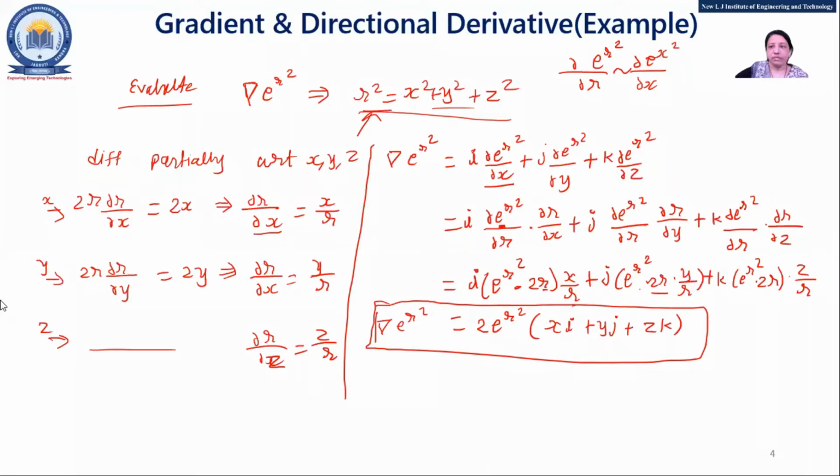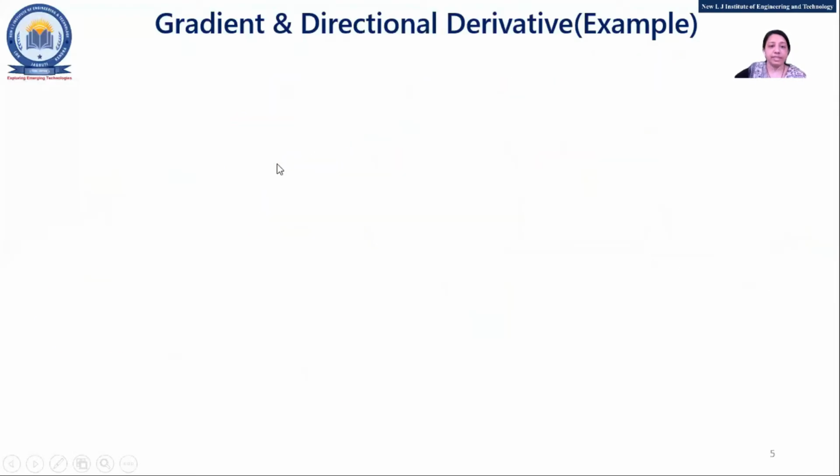Okay, fine. So this is the example of what we can call a gradient, right? Up till now in these two examples we have found the gradient, that is grad f, or it may be asked in this way, find out this, something like this instead of simple f. Now the next example is: find the directional derivative.